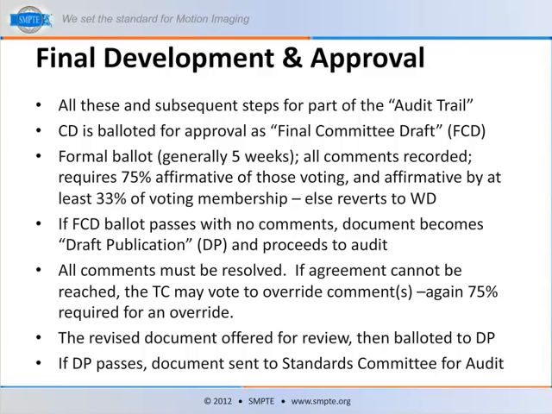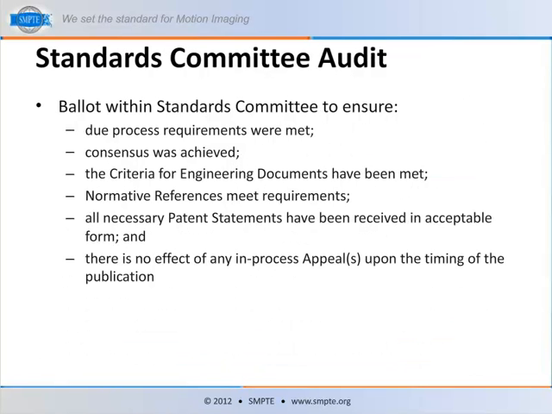But there has to be a final check, and that's what we call a ballot to draft publication, DP. It really says, is everybody now happy with the document after all the revisions? Assuming that passes, that draft publication goes to the Standards Committee for the audit that I talked about, and